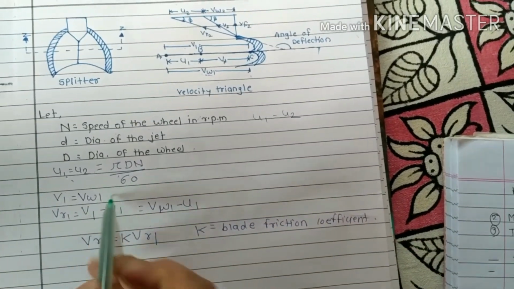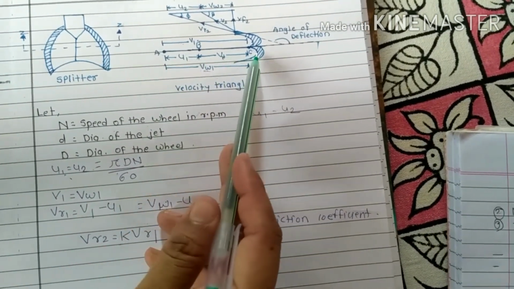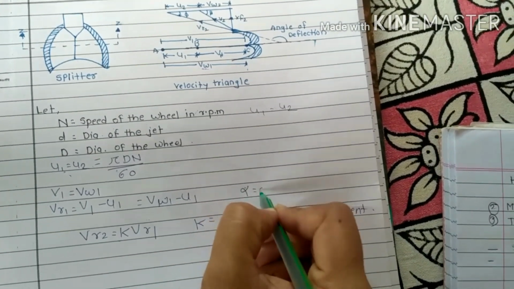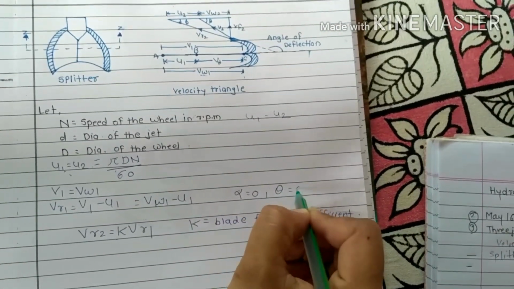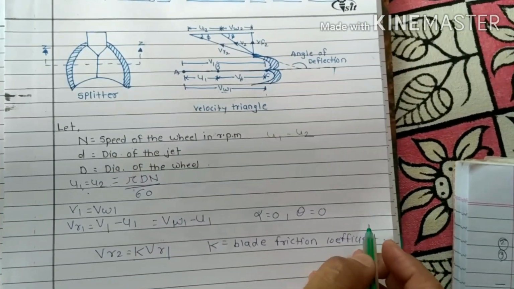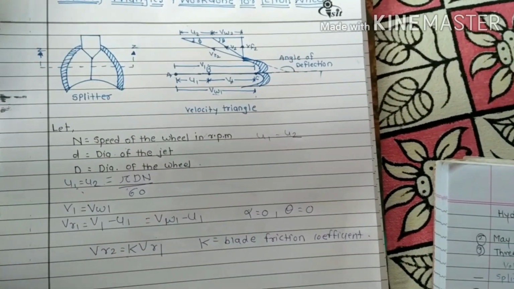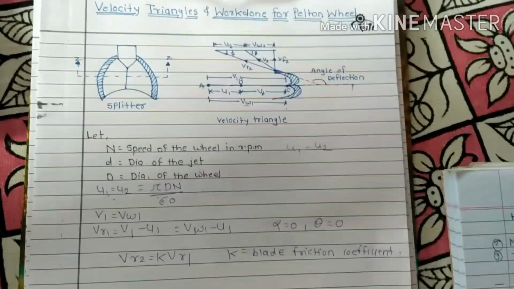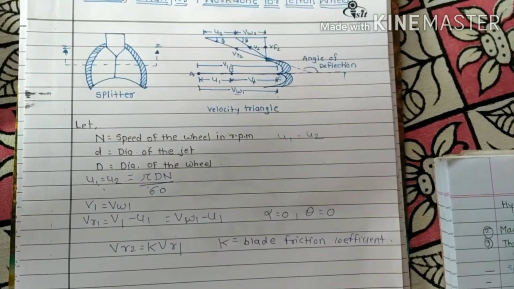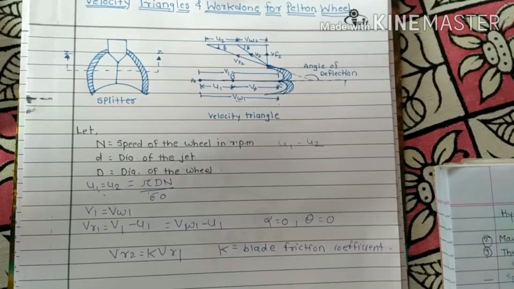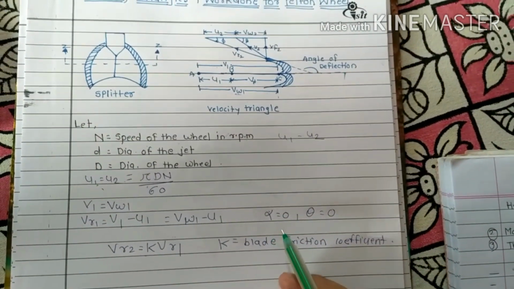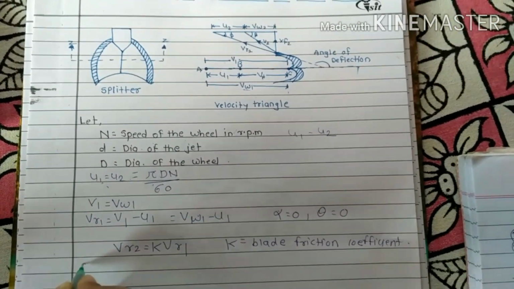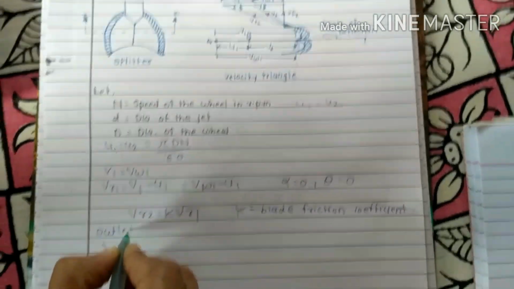and as the water is coming straight to the bucket, as a result alpha is also equal to 0 and theta is also equal to 0. Remember, this is the main important thing which we have to remember. Now we have to find the work done equation for this. So by use of this we can write, if you just remember the outlet velocity triangle,